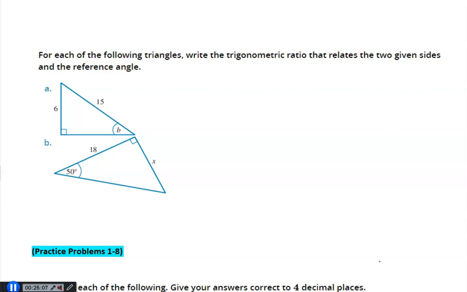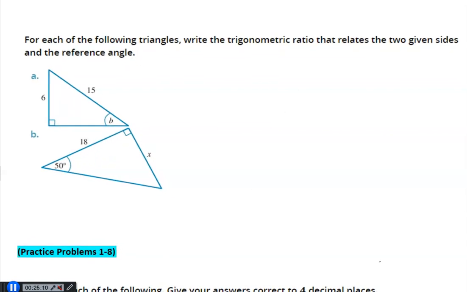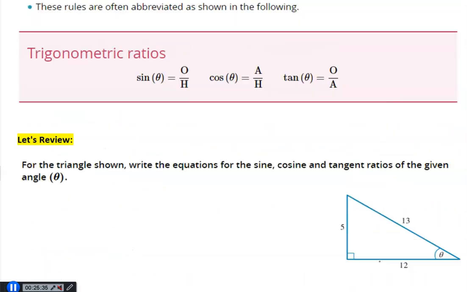Okay, so let's do some practice. There's two triangles. You'll notice there are given angles there. In this case, we've got a B. In this case, we've actually got a value. So for question A, what's the trig ratio that relates the sides that were given and the angle that were given? And write that down as an equation. So if you're not remembering,